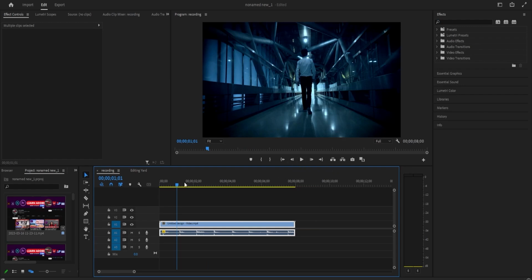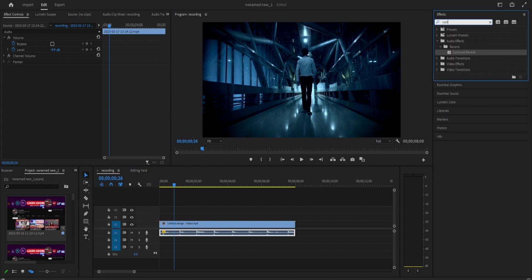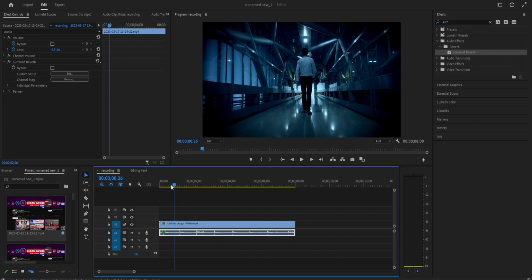Okay, to get started, I just added a video and audio clip to my timeline that has some footstep audio. I'd like to add echo. Now, let's begin by going over to the effects panel and type surround reverb into the search box. Then drag the surround reverb effect onto your audio clip. Okay, now when I play this back, it has the surround reverb effect,